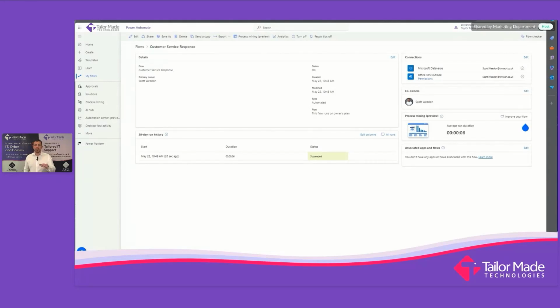But actually that response has gone back out in a few seconds. So in terms of productivity and response, great. You might want to actually put a delay in there. You might want to put a delay for 20 minutes. Otherwise, you send an email and get a response back straight away. It either looks really good or it looks like no human was involved in that at all. So use a little bit of sense. It might actually make them more irate. And certainly don't send them an email saying, dear customer name. That's definitely not upset. So you can see how Power Automate is really easy to drag bits and pieces in,